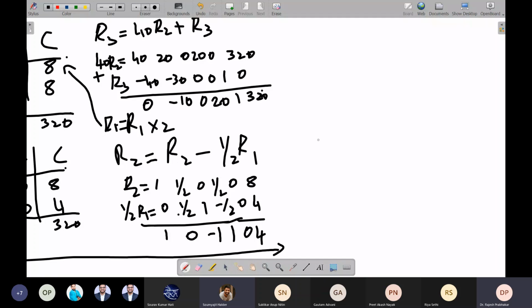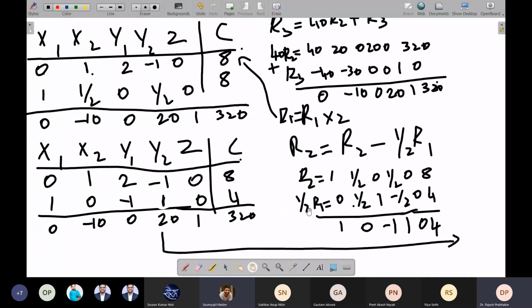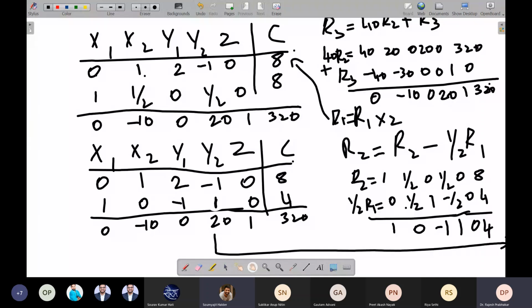Sir, why have you done R1 is equal to R1 into 2? Is that required? Because the first objective is to make the pivot element 1. But it is already 1, no?